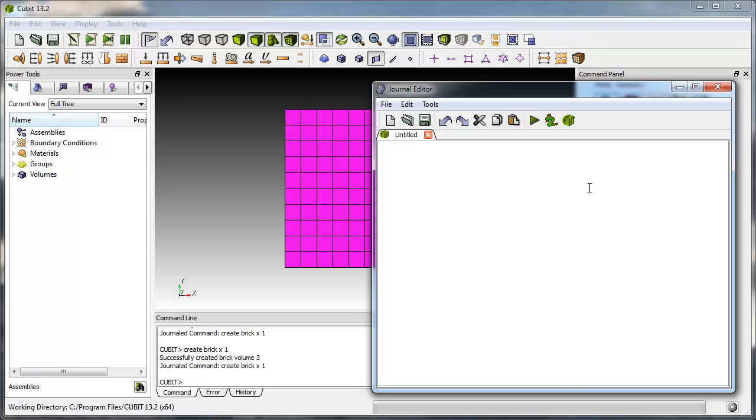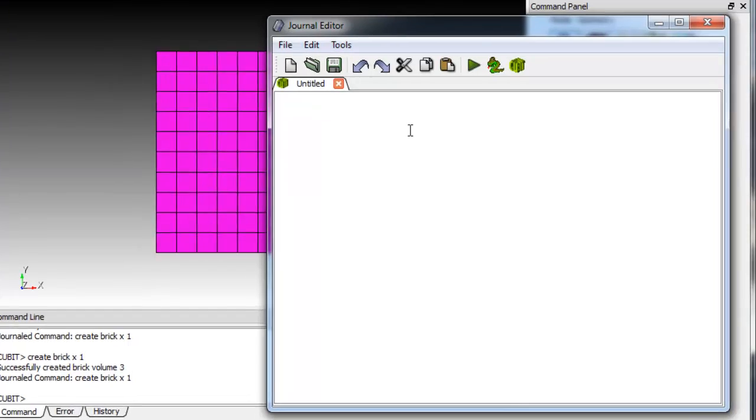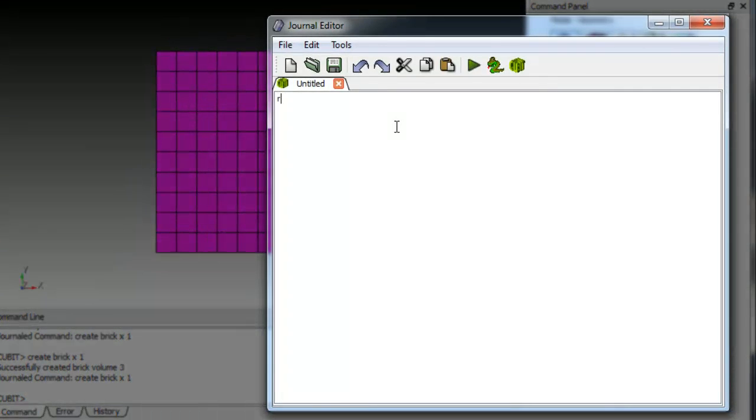Journal files become very useful when we have users who are trying to understand how to use Qubit better, and they might get stuck, and so we'll ask them to send us the journal file that they've created, and then we'll see where they are. We'll modify the journal file, send it back, and in that way the users can be instructed on how best to use Qubit. The journal file, I can start typing anything I want in here,